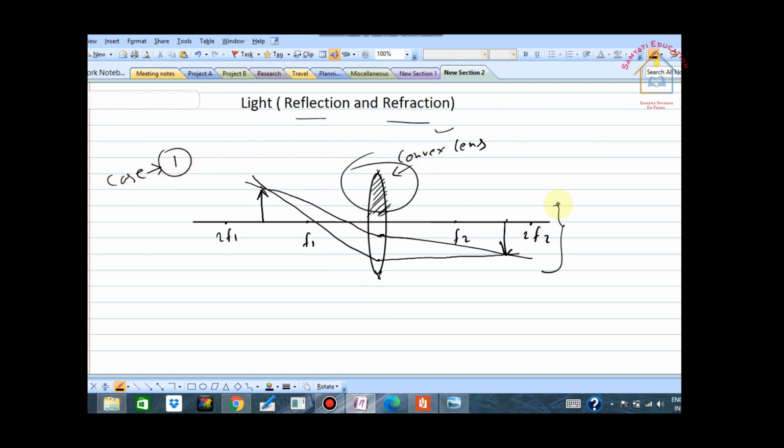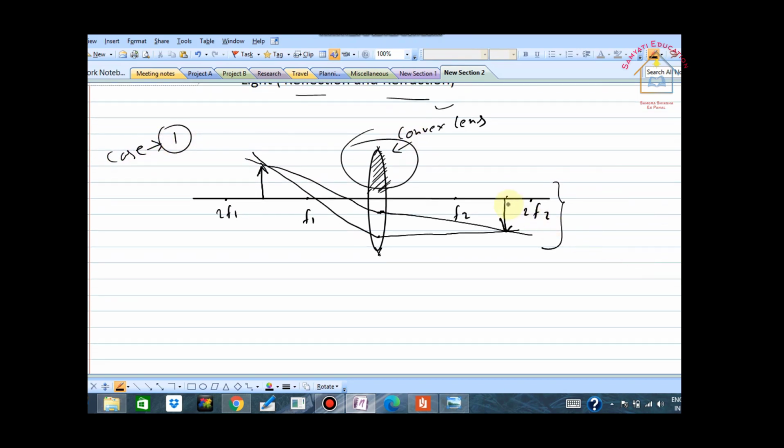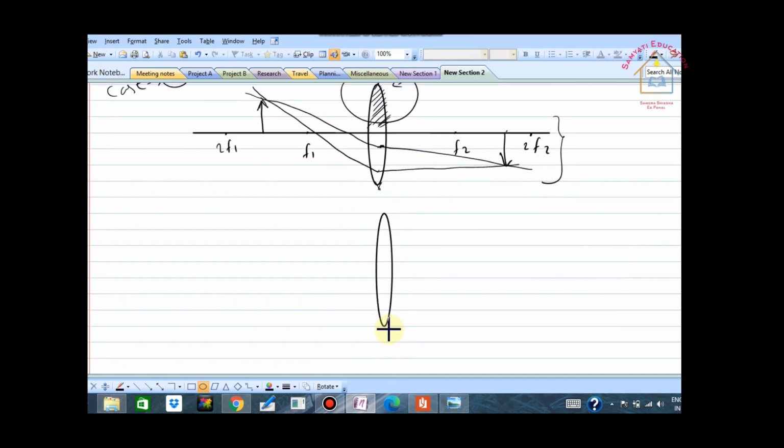we covered the first half part of the lens. In case 2, we will cover the second half, like this. This is our lens, and the second half part will be covered like this by black paper. If we put an object here, light goes parallel, will be refracted from the focus,